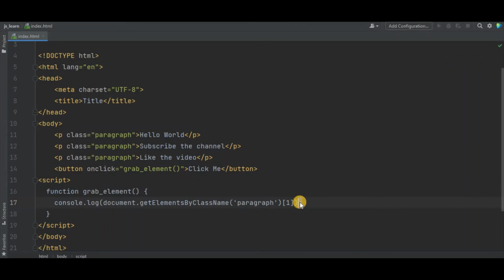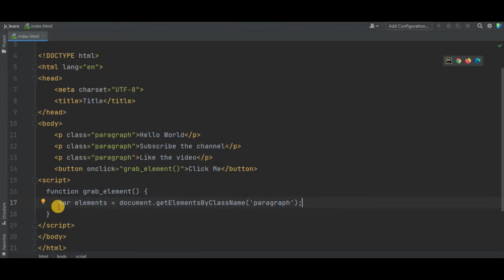Here instead of console.log, I can declare a variable elements equal to document.getElementsByClassName, and this elements will surely be an array, so it means we can loop over it using a for loop.